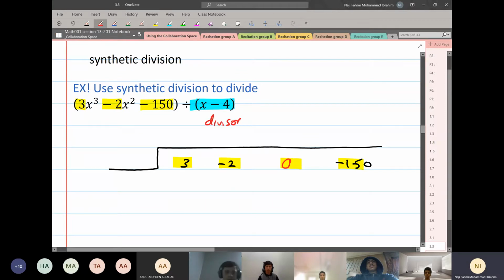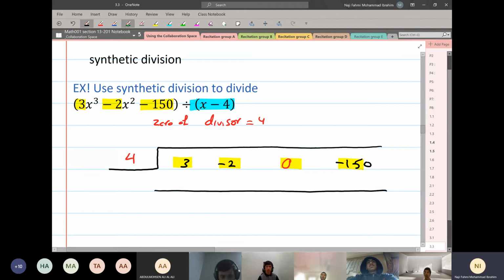Now we need to find the 0 of the divisor. What's the 0 of the divisor? It's 4. I will just put it here, 4. So I'm just going to divide by 4 now. Pay attention, please. Now, how to use the synthetic division? The first number here, I will just write it as it is. Then my next step is to multiply 4 times 3